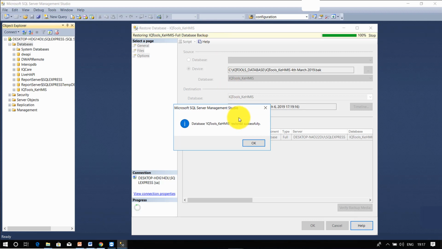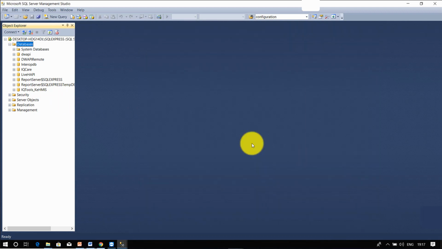And once you access the list of databases, you will be able to see the IQ Tools Kenya HMIS database restored. Click OK on the prompt, and the prompt will disappear.